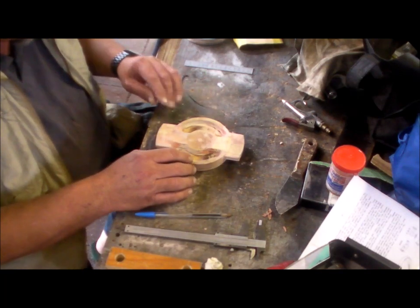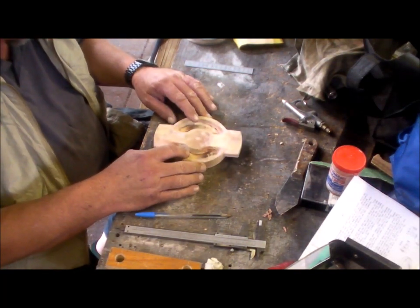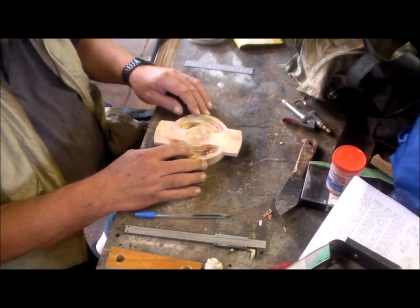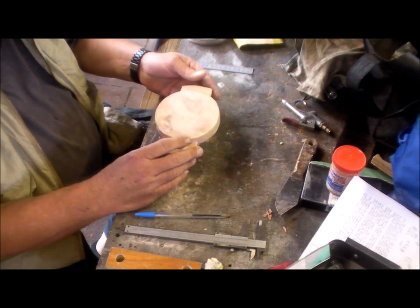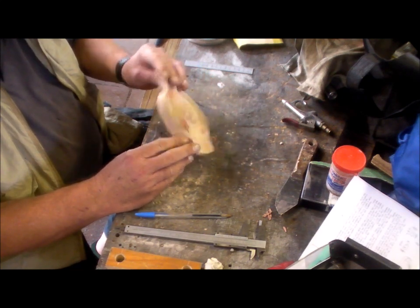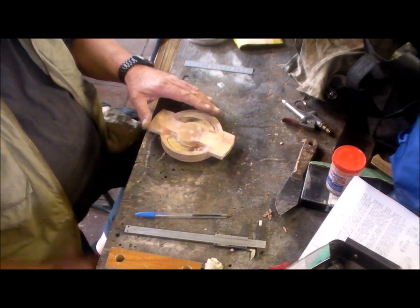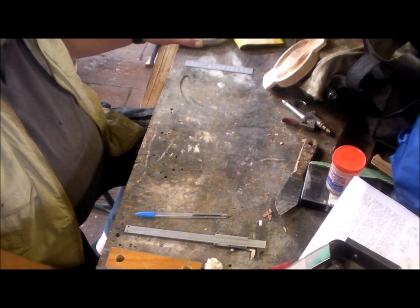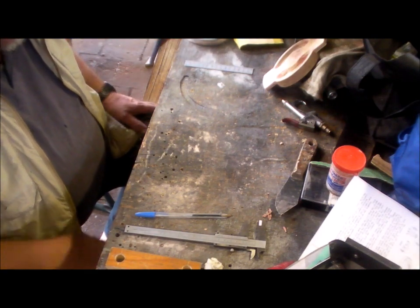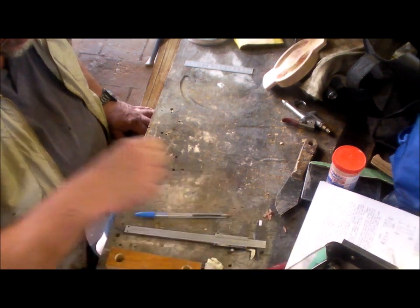Well, I'm progressing on the universal compound. This is the pattern. It's nearly finished. Just got a few small touch-ups to do. So while I'm waiting for that to harden and set, the next order of business is the